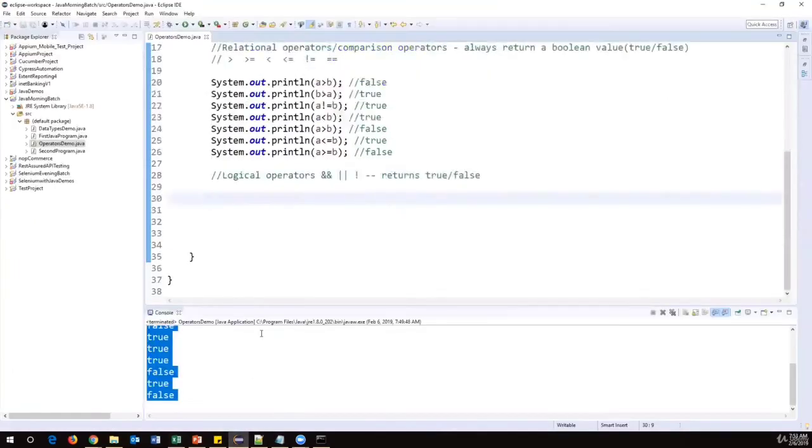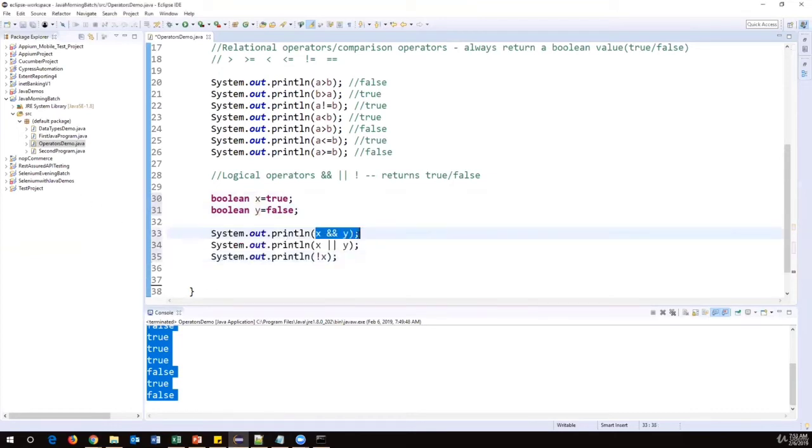Now let me show you here. I will create two Boolean variables. Let's create boolean x is equal to true and boolean y is equal to false. Now I created two different variables, and I will use the AND, OR, NOT operators between these two.